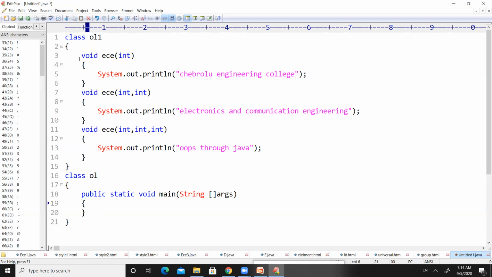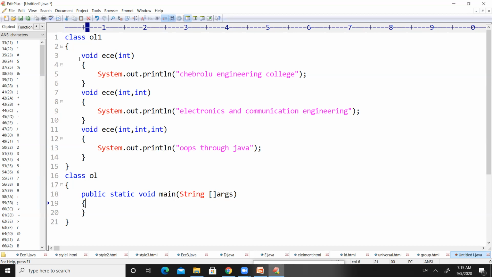if you observe the class OL1, the first class, nothing is mentioned as static. Inside OL1, there is no static keyword. That means all the things are non-static. In order to print Chevrolet Engineering College, I need to execute ECE with one integer. To print Electronics and Communication Engineering, I execute ECE with two integers.